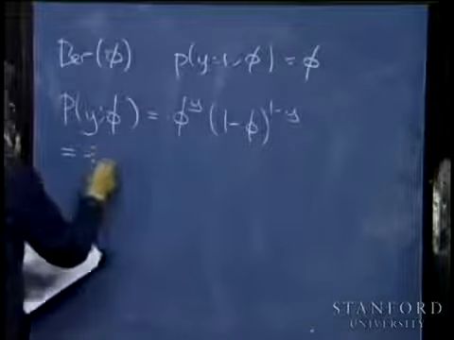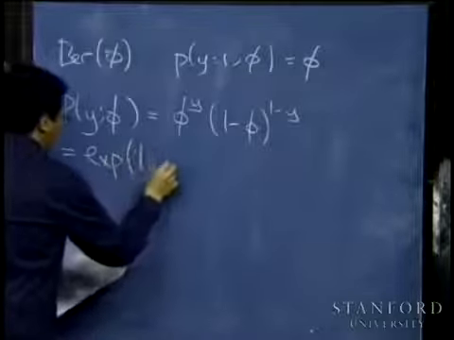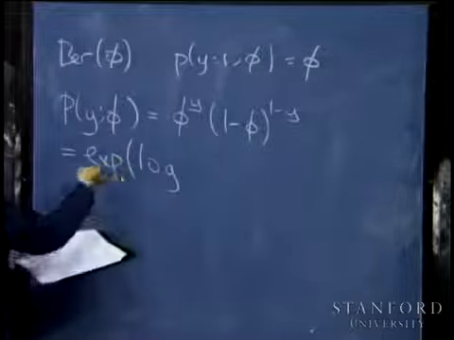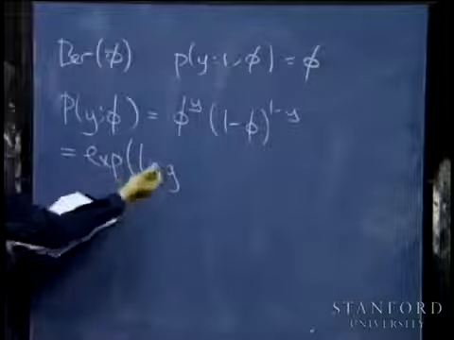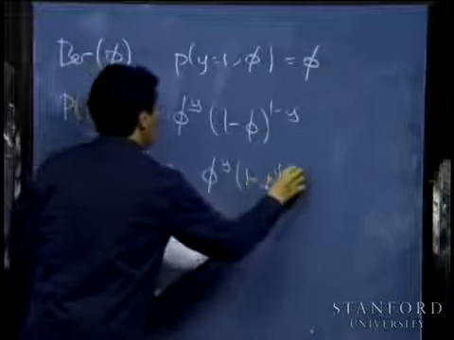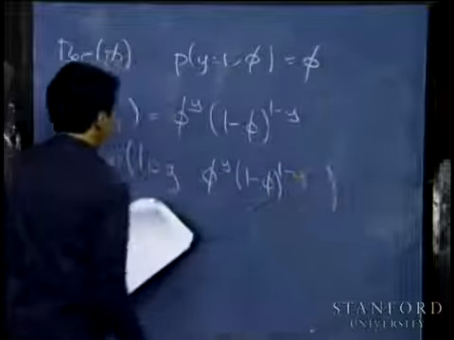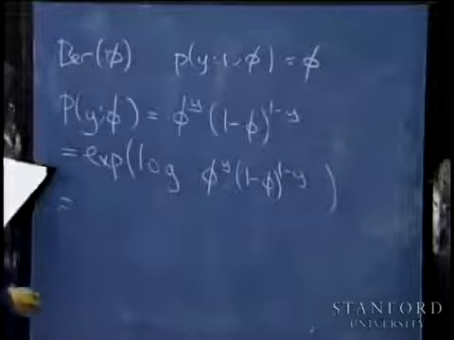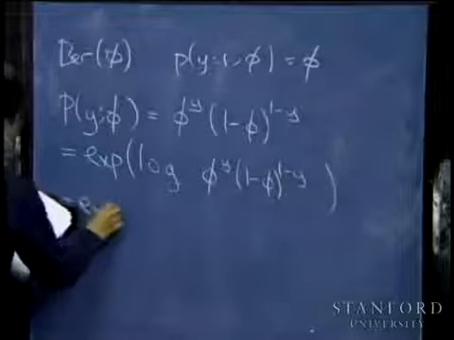So I'm going to take the exponent of the log of this. Exponentiation and taking logarithms cancel each other out, so it doesn't change anything. And this is equal to e to the y